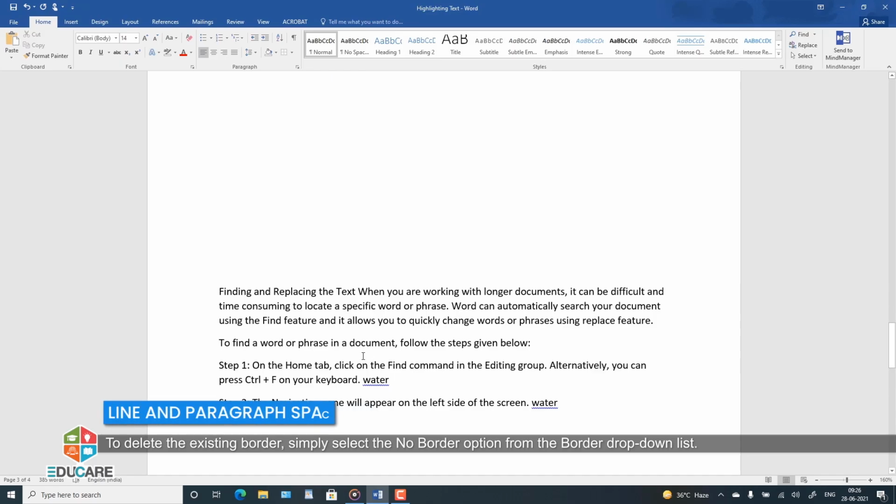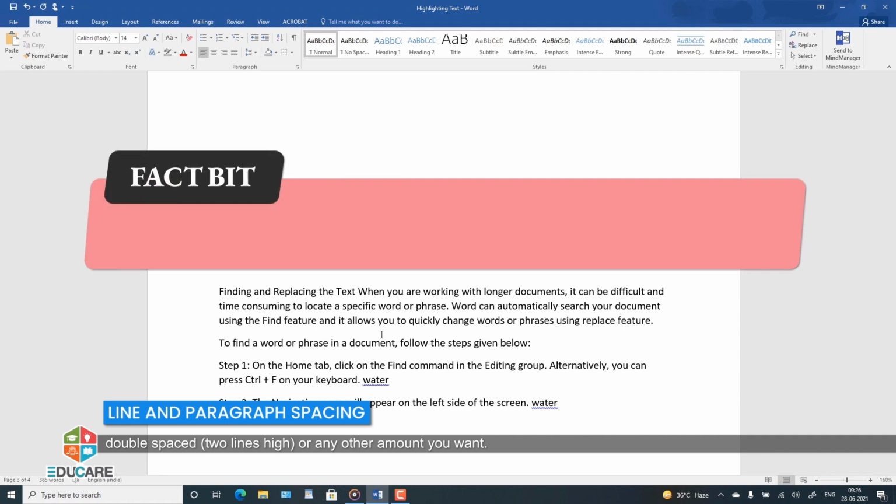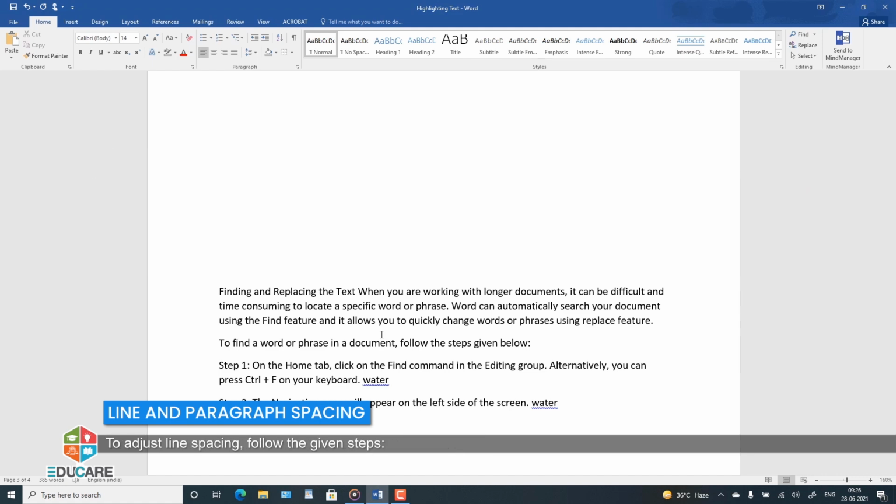Line and paragraph spacing. Line spacing is the amount of space between each line in a paragraph. Word allows you to customize the line spacing to be single-spaced, 1 line high, double-spaced, 2 lines high, or any other amount you want. Fact bit. The default spacing in Word is 1.08 lines. To adjust line spacing, follow the given steps. Step 1.